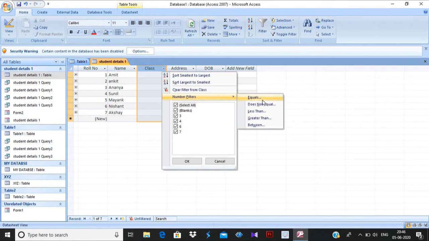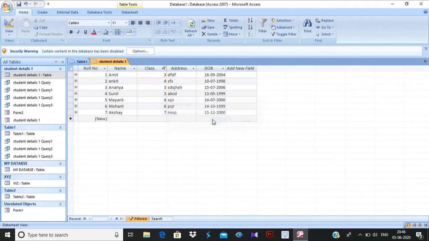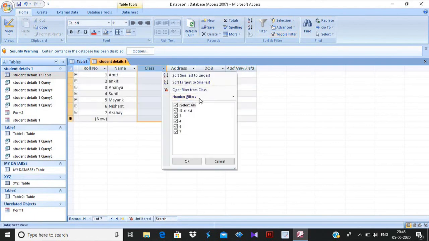Now again, if I click on does not equal, and I do not want the data of class 7 and want the remaining, I will enter class 7th and click OK. It will not show the data of class 7th, and it will show the remaining data.